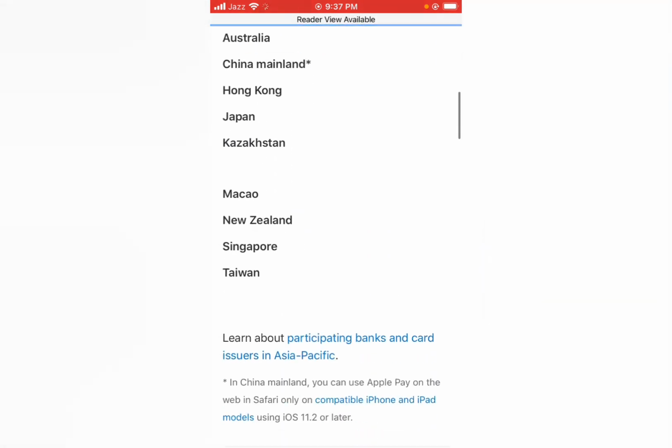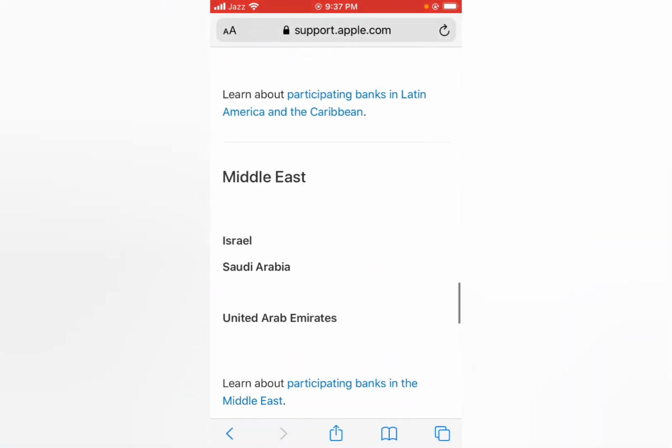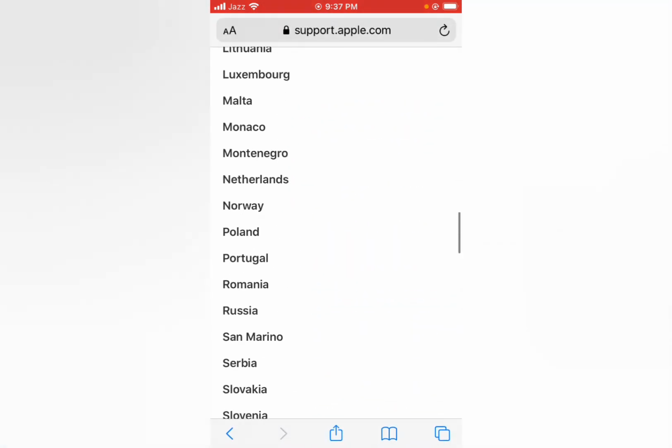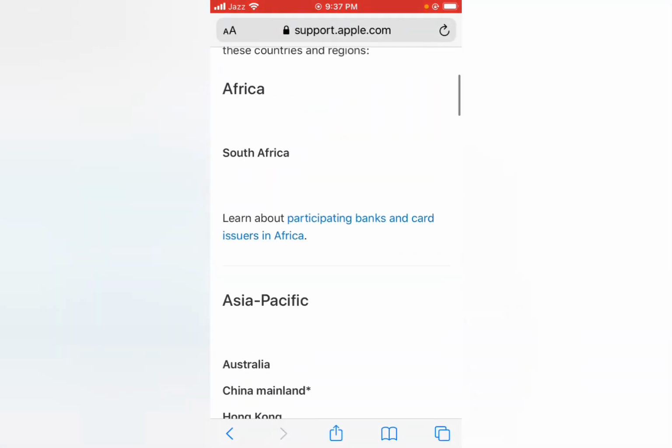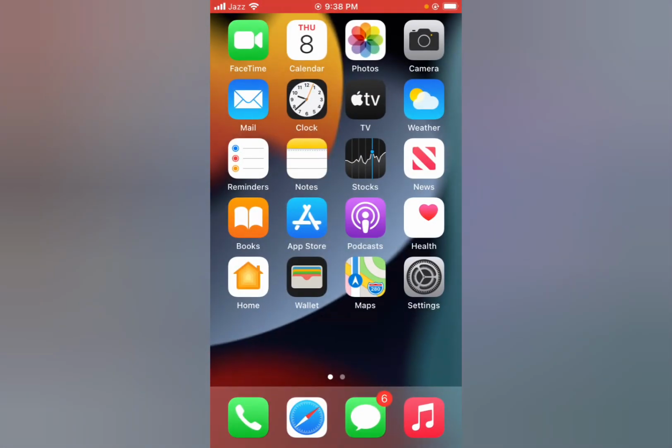You can see on screen the list. If your country is supported, then check your list. If not supported, then change your App Store country or iOS device country.